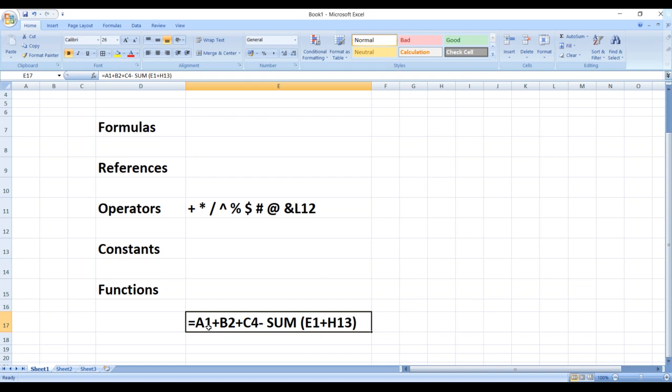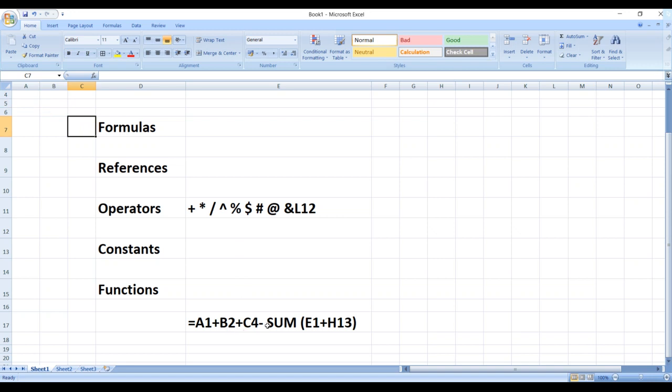Then A1, B2, C4: these three are nothing but your cell addresses. Where is this A1? So this is my A1, then B2, then C4. These are the cell addresses which I have mentioned.